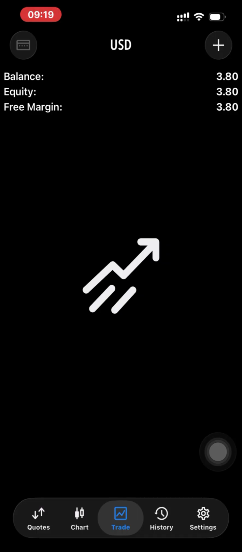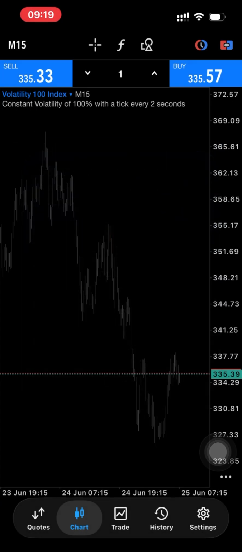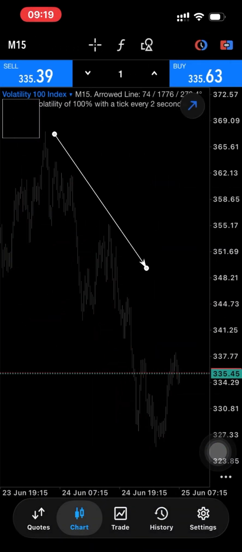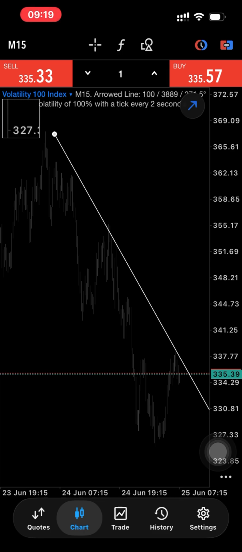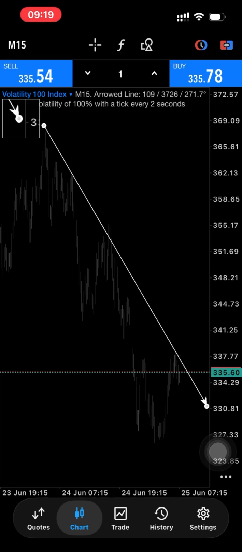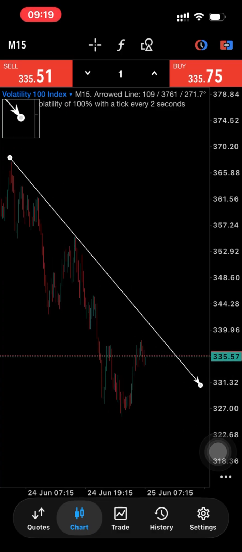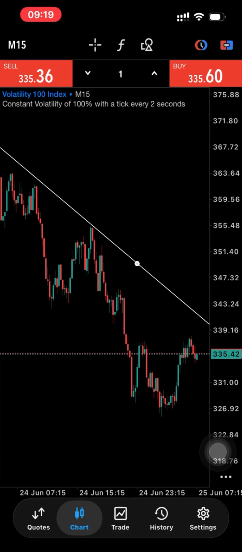Okay, so we've managed to close the previous trade with $3.80, and now let's have a look at volatility 100. I can already tell that it's on a downtrend. So let's just put our arrow there to indicate that the market is making some lower lows and lower highs,